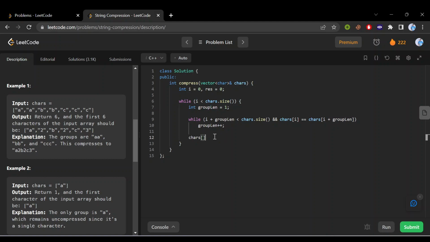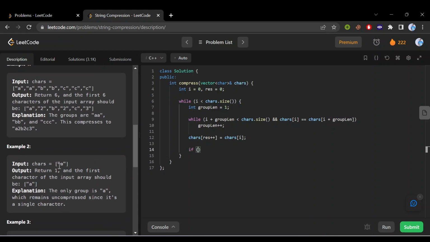But before that we need to store some result that we have encountered in a previous group that we have analyzed. So chars of res plus plus is equal to chars of i, write the first character of this group. After this, we need to make sure, because of the condition, that if it is only one character in the group, then we don't need to have one after it. But if it is more than one, then we need to have the number. Either it can be 2 or it can be 69, anything, right? So group length,